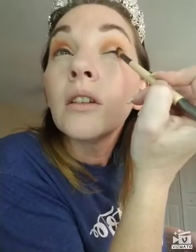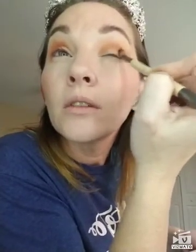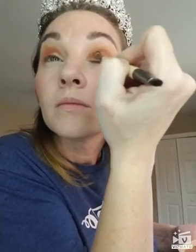Okay, it's cute. It definitely has a little bit of shimmer to it. Is it the most amazing shimmer? Not really. She's cute though. I may try this again